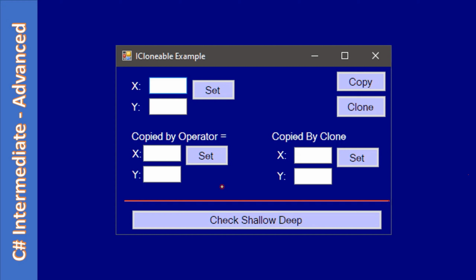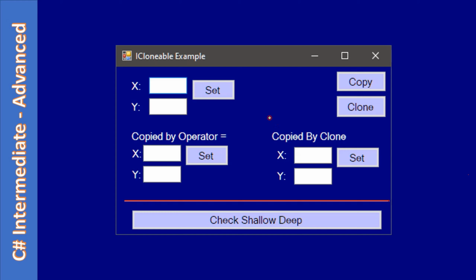In the first part, the part above this red line, we learn about the equality operator as well as the object clone and how we can perform the clone when the containment is value